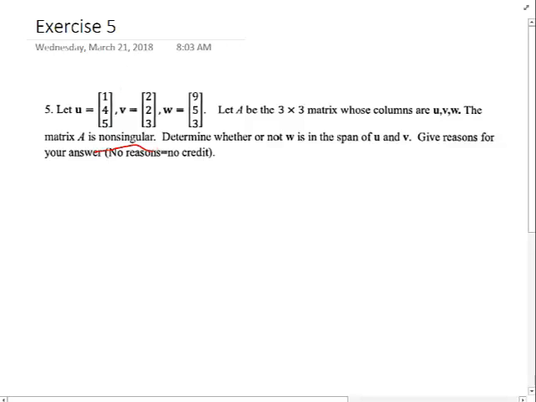Non-singular. In fact, people went ahead and row reduced and discovered it's non-singular. But that actually gives you the key to the problem. Determine whether or not w is in the span of u and v. All right, so what does non-singular mean? Non-singular implies that the homogeneous equation,